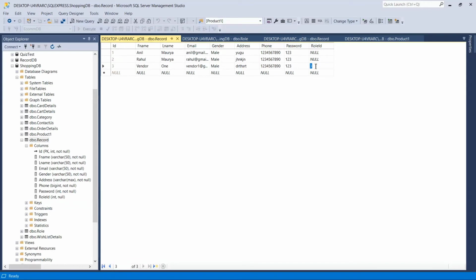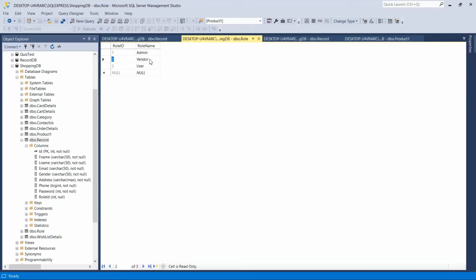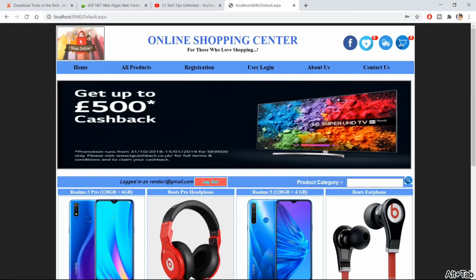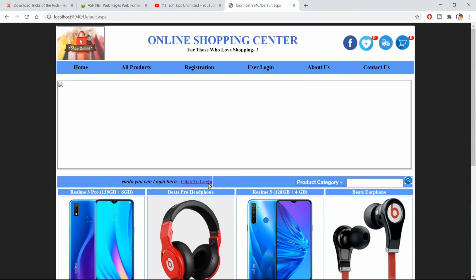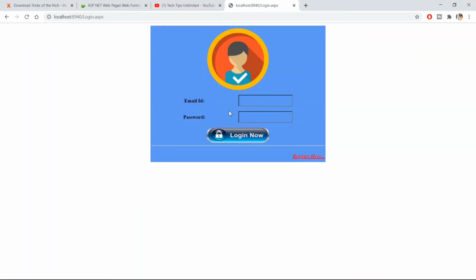Here this user has logged in and the role id is 3, that is a normal user. So I'm making it 2. I had 3 here as it is a normal user login. So the new user is now a vendor, as id 2 is a vendor. You can check here that id 2 is a vendor. So now if the user logs in with that id, where will he be redirected? Let's check it.